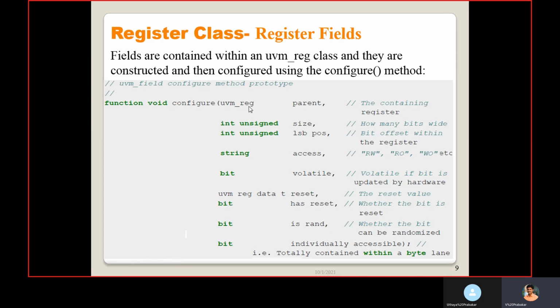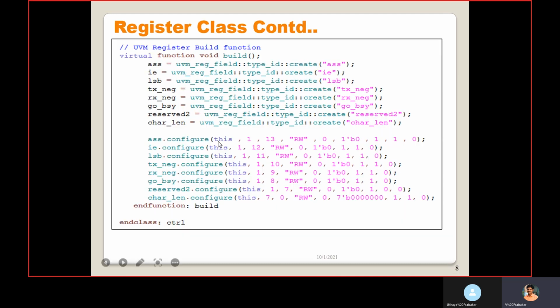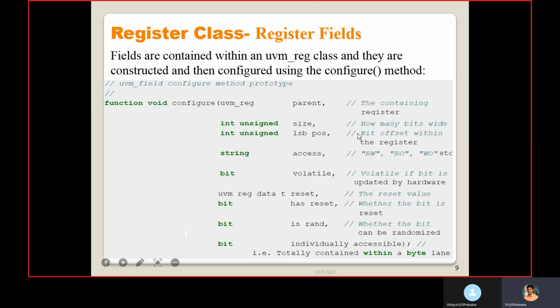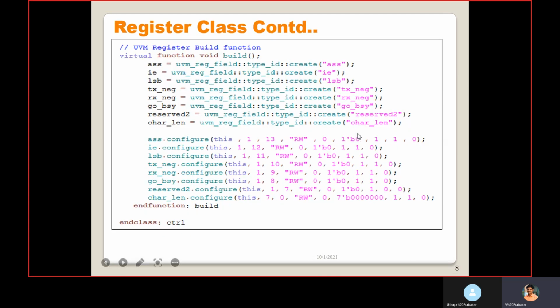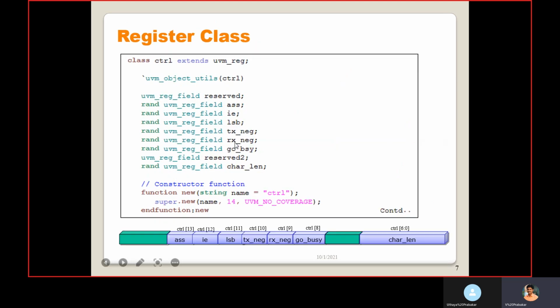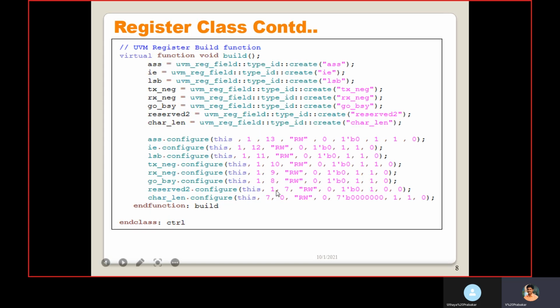This is nothing but this class, control, right? So this you can pass. And then size, how many bit width. This field ASS is a single bit width, so you need to pass one. The character length is 7 bit, so for that we need to pass 7, remaining all are single bit.